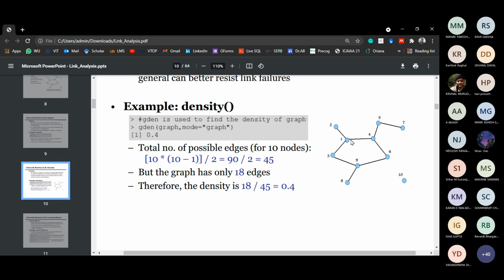Except this, how many possible connections are there? Every node in the network will have 8 possible connections. It can reach all other nodes. That is the fact here. If I take 2, how many remaining nodes are there? 9 nodes. Am I right? Out of 10, you neglect 2 because from 2 only we are going to find out the connectedness. So from 2, what is the remaining number of nodes? 9. Out of 9, one node can never be connected.